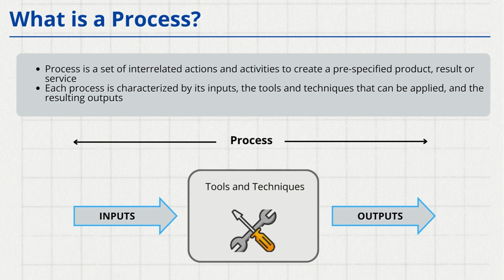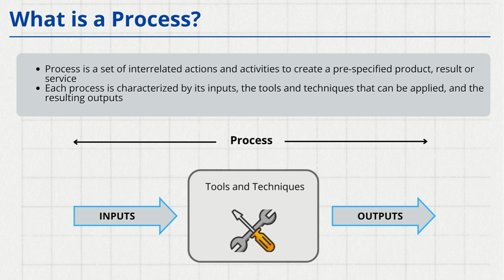For example, if it is a requirements gathering process, there is a predefined objective that by the end of this process, I should be able to produce a requirement specification document. This document will then be analyzed further in order to create a design for the product I am working on. There is always some predefined objective, like whenever we start working on a project, there is some objective in mind. It could be a product, service, or result as an outcome that we aim for. So, that's a process. If you take any process, you will always find these characteristics of a process.